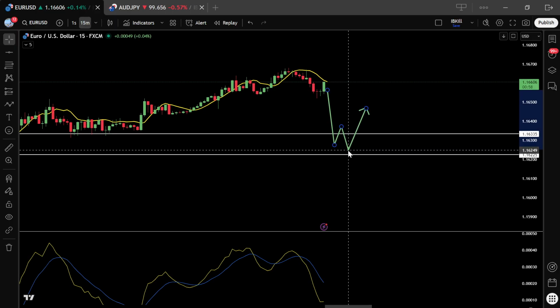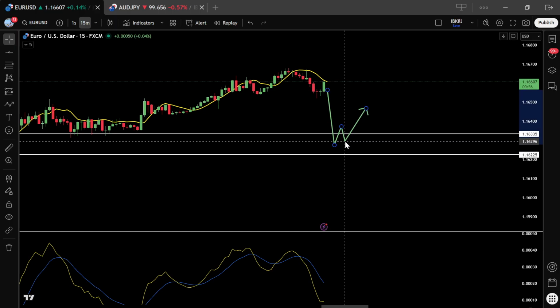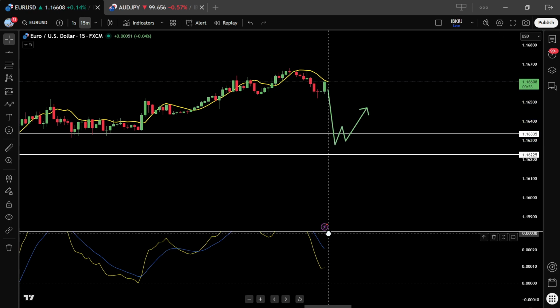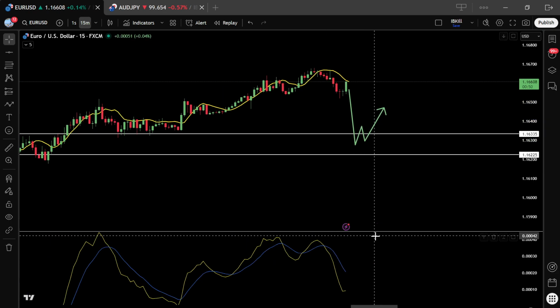Sometimes it'll pop the new low and then rally, or sometimes it will not do that. But you want to see the MACD crossover first. Okay, something like so